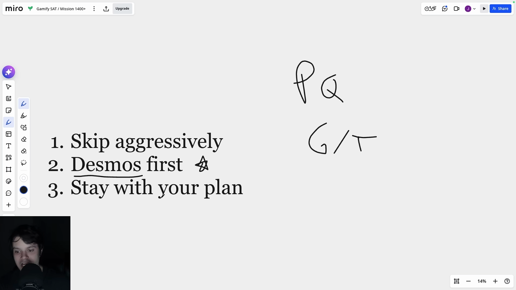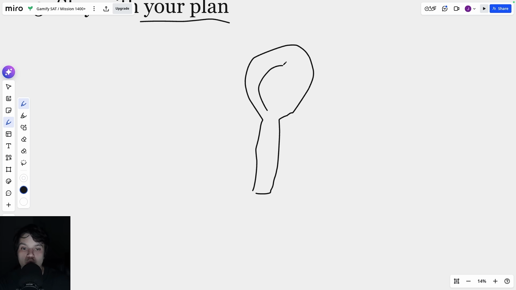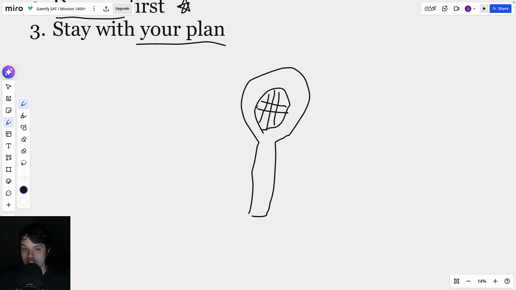And the final thing I have with you here is stay with the plan that you have been practicing for weeks and weeks at this point. You got to think for a second, say you are playing some kind of sport, let's say you play tennis. And let's say that suddenly, right before the tennis match, you just completely switch the racket that you're using. You go from a very bad racket to a very good racket. You may think to yourself, oh wow, this is a much better racket than what I was using before, so it must just be a better tool. No matter if I have no experience with it at all, it must just be a better racket to use. But the truth is, that's probably not the case because you're probably just not used to using this racket. You probably are going to completely mess up everything because no matter how good the racket is, it can't make up for the fact that you're just not good with it yet.